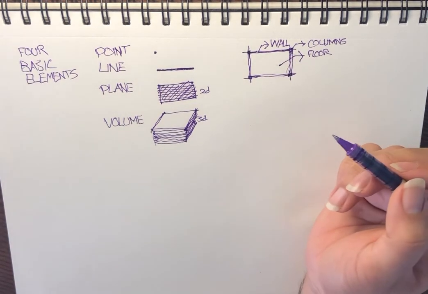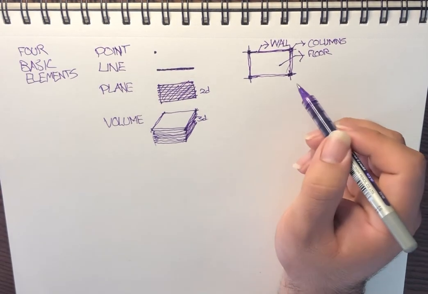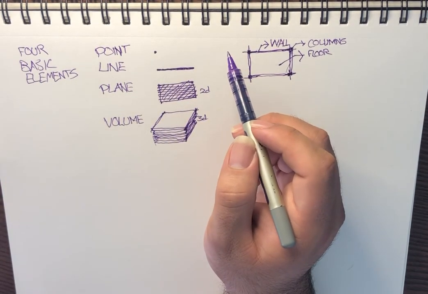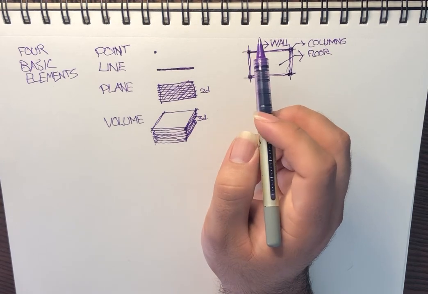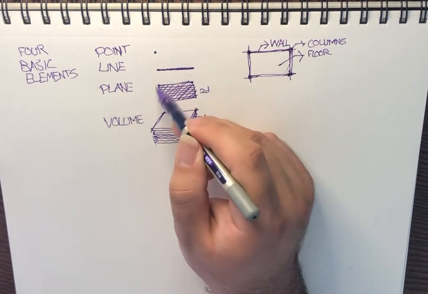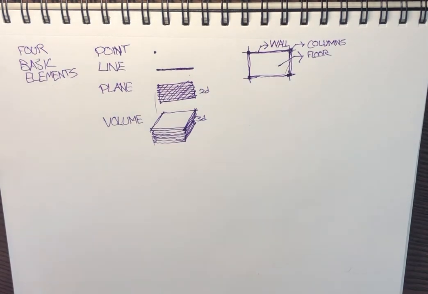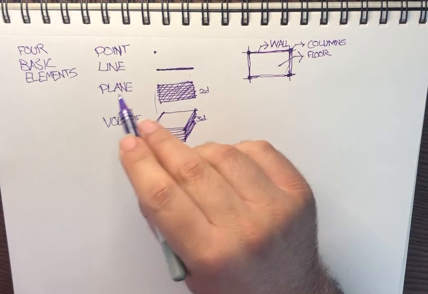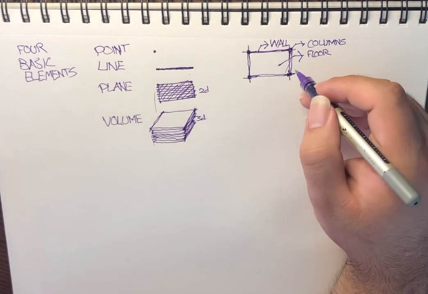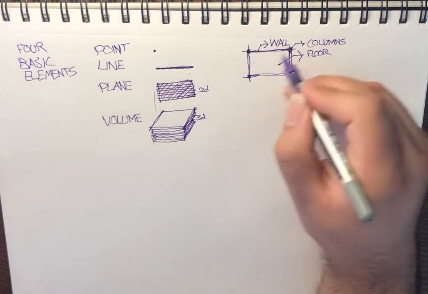Actually, it's better to say that it's an example, because point itself doesn't have any dimension. Line has only one dimension, plane has two dimensions, and volume has three dimensions. But point doesn't have any dimension. But its appearance in architecture, from a perspective that we see it, is like first column, then wall, then